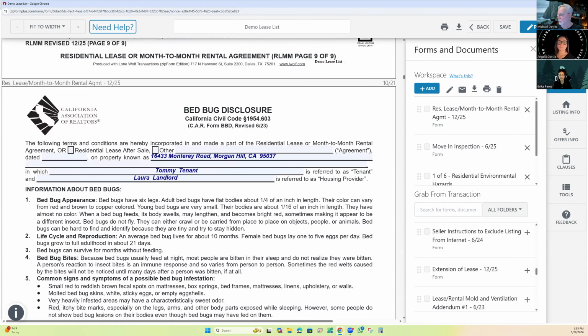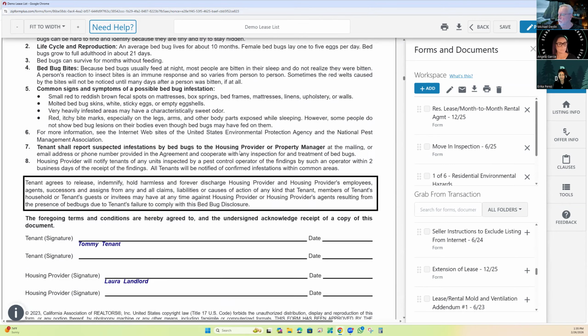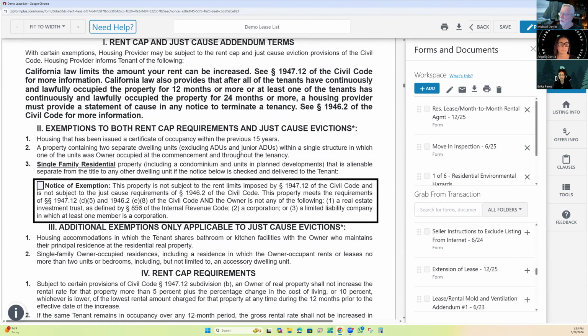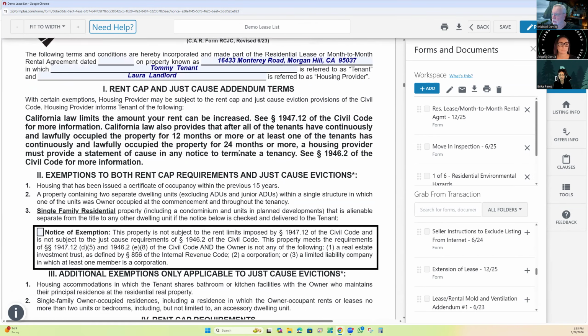There's obviously more, but you can read the bed bug disclosure, tenant flood hazard disclosure, rent cap. By the way, one more thing, rent cap and just cause eviction. This is important. See the box, notice of exemption. If the owner of the property is a human being, and it's a property containing 2 separate dwelling units, excluding ADUs and junior ADUs. But look at 3, single family residential property, including blah, blah, blah, blah, that is alienable, separate from the title